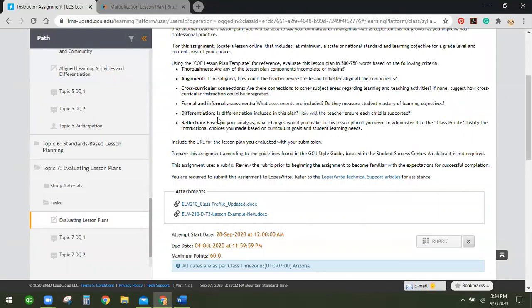Next, for differentiation, do they include any? And how will they ensure that each child is supported? If they don't, you can make some recommendations to this differentiation section. Finally, is your reflection. Based on your analysis, you can tell me what changes you would make. If you are going to administer with this class profile, what instructional choices you'll have to make based on the students in this class. Make sure always, as I always say, you want to go ahead and look at the